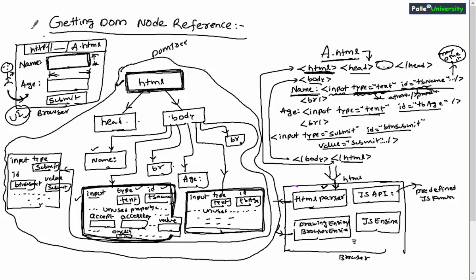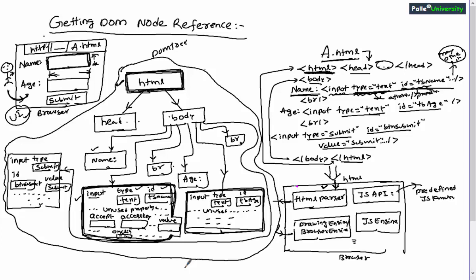So in this session, we will be understanding the code required for getting DOM node reference. In the previous session, I explained that if you can create a variable which will point to the node, we can read or modify data present in the DOM node. Now in this session, you will be understanding how to create such a variable which will point to the DOM node. That is what I have written as getting DOM node reference. Believe you understood the point. Now I will explain how to create the DOM node reference.